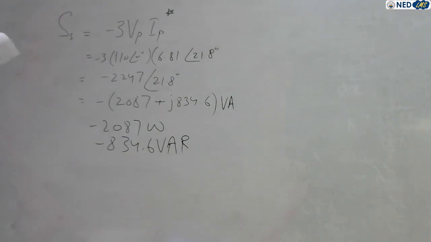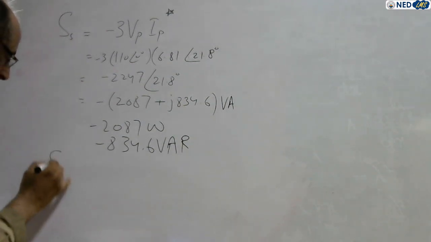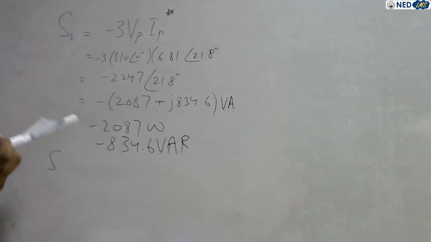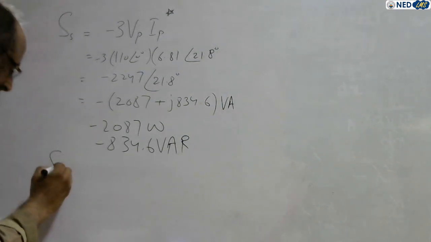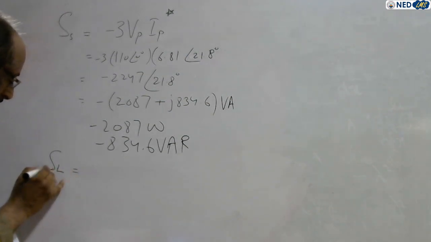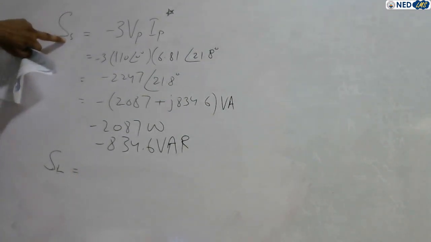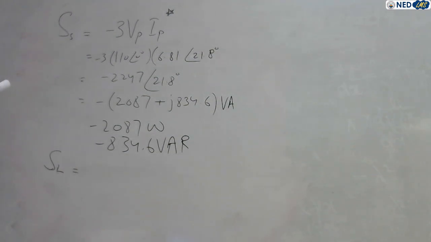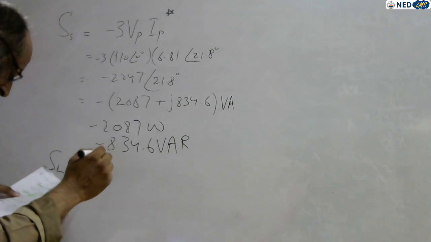Now at the load, the complex power is absorbed, because the load absorbs power. How do we calculate it? We denote it SL. SL means the complex power absorbed by the load, whereas the complex power generated by the source is SS. So the complex power absorbed by the load is, for a three-phase system, 3